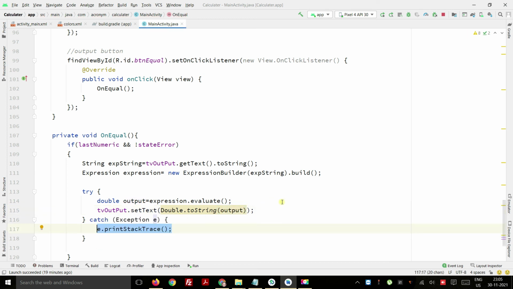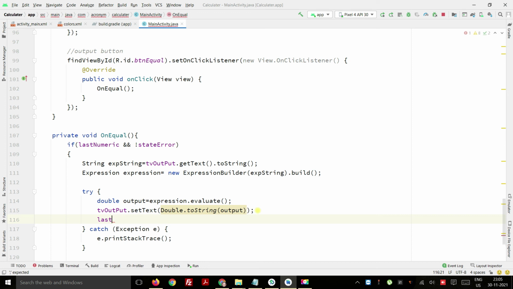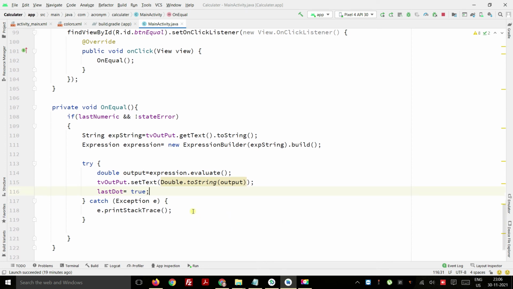Now you can simply see. Then I'll put it as last dot equals to true. If the result has some dot, or in case some error is there, you can print it like this, but I will not use this.